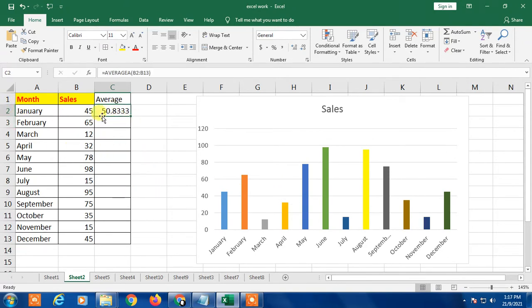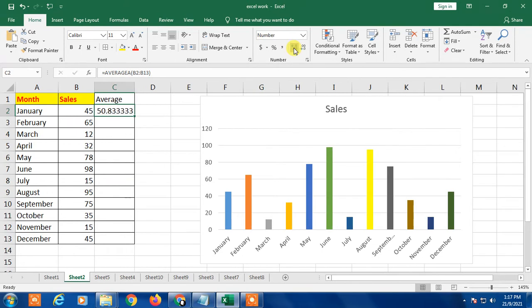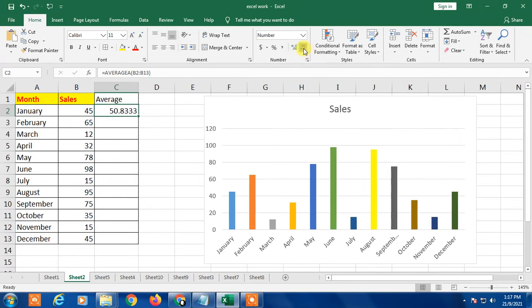Okay, so if you get it in decimals, you can decrease the decimal by clicking on this, or you can use the roundup formula.